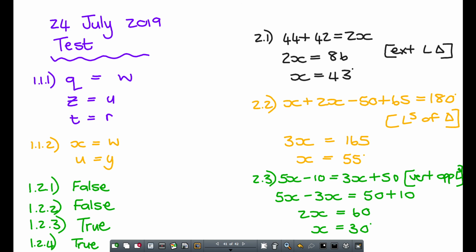So let's quickly talk through the difference. Listen, before we start looking at formulas, I want to talk through the difference between area and perimeter. Who can tell me